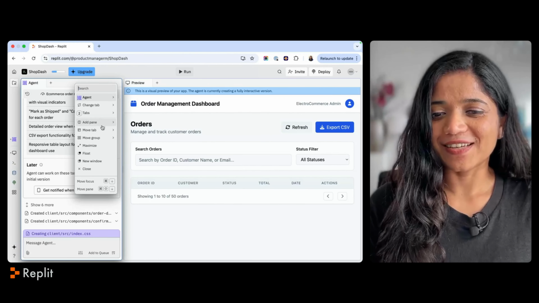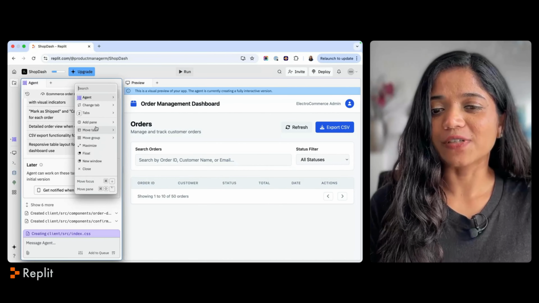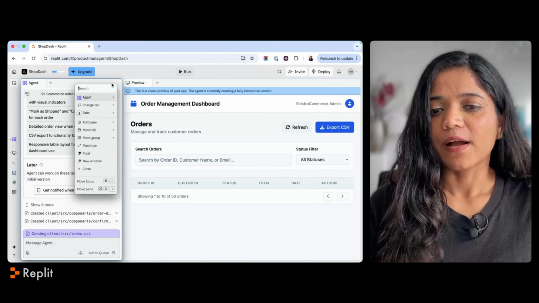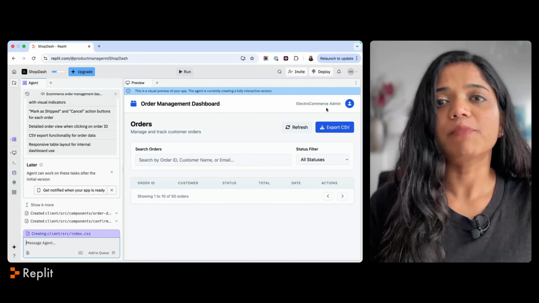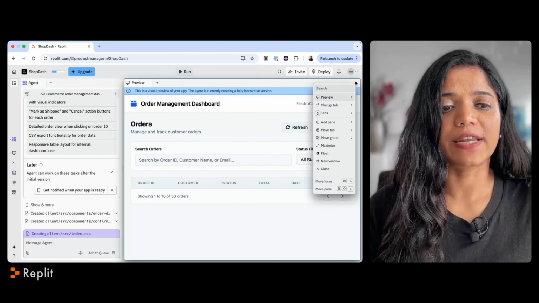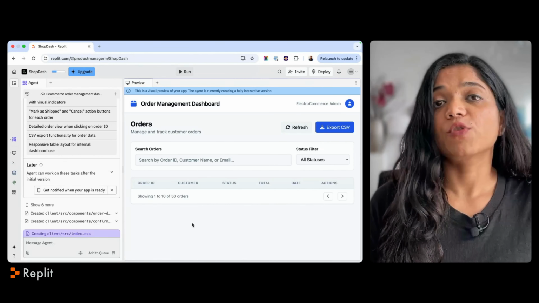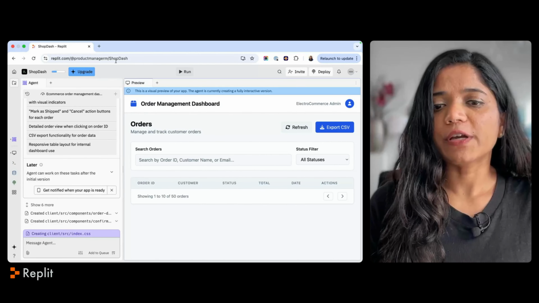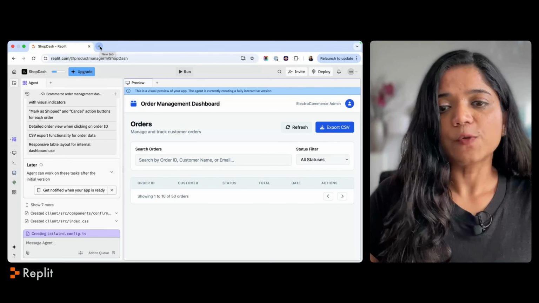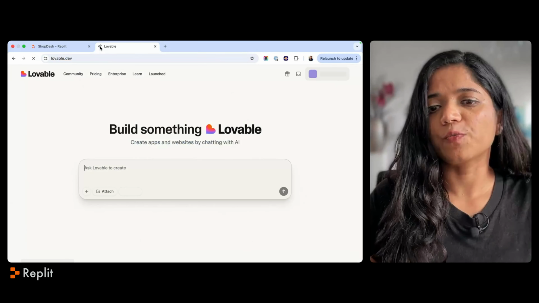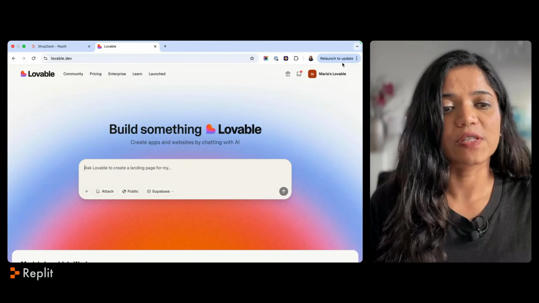Also, they have the rest of these features. You could add a pane, you could move a tab. So it has thought of multiple workflows. If you are an experienced person, I think this will be quite easy. But just to give you a comparison of how other tools look like, let me just open this tool, which is everyone's favorite by now.